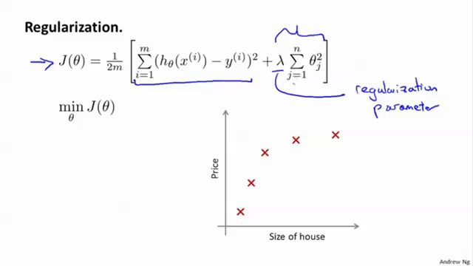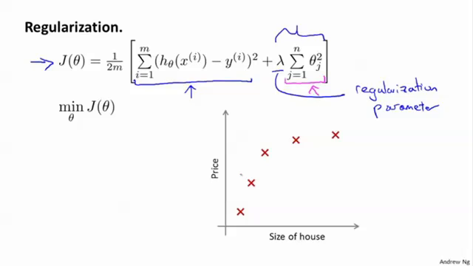The second goal is we want to keep the parameters small, and that's captured by the regularization term. Lambda controls the trade-off between the goal of fitting the training set well and the goal of keeping the parameters small, and therefore keeping the hypothesis relatively simple